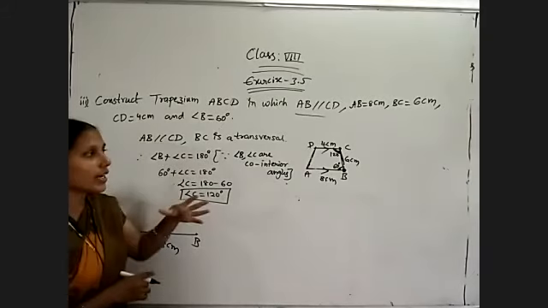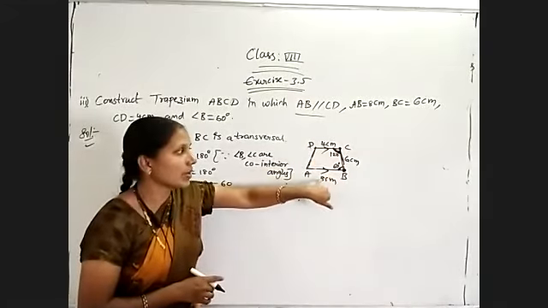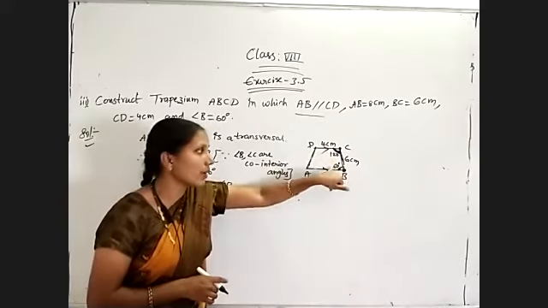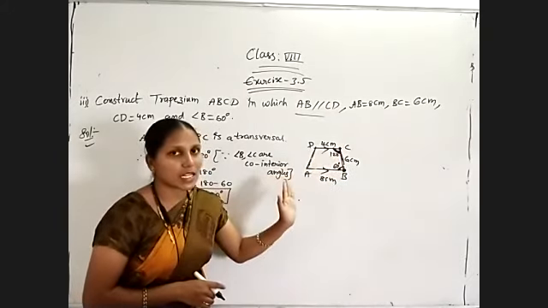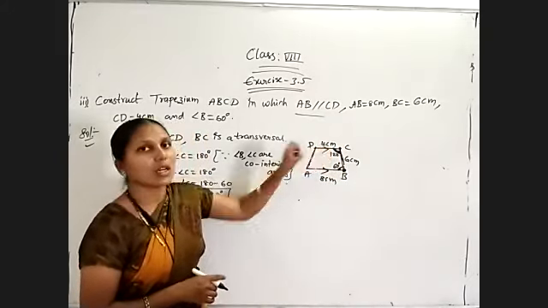So we need to find out the included angle between the remaining two sides. First AB and BC, the included angle B is given. BC and CD, the included angle is C. That C did not give, so we need to find out C. Now B and C are lying on the same side of the transversal and both are inside only. So those are co-interior angles. The sum of co-interior angles is equal to 180 degrees. Then angle C will be equal to 120 degrees, we got. Now construct the trapezium using the given measurements.